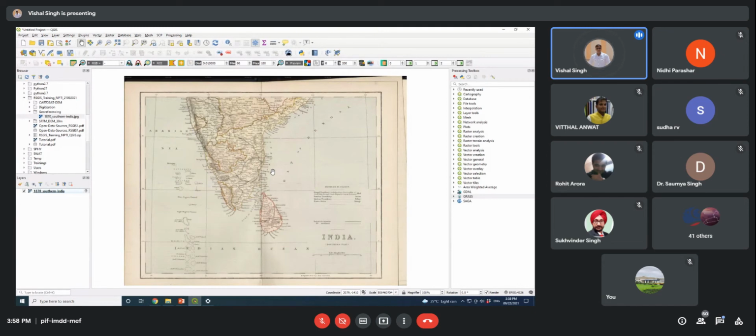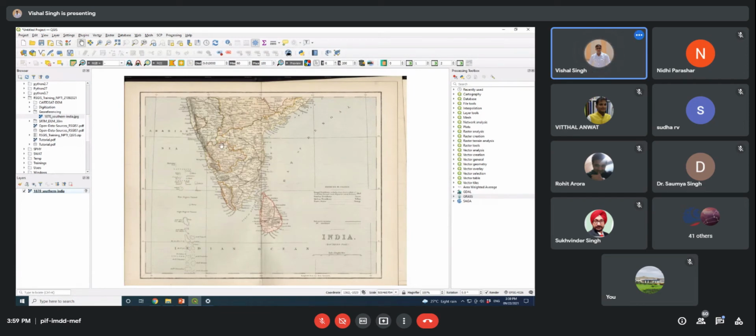So first we need to provide the geographic coordinate system to this map, and after that we will convert this geographic coordinate system to the projected coordinate system to derive further information. Okay, we will discuss more on this.